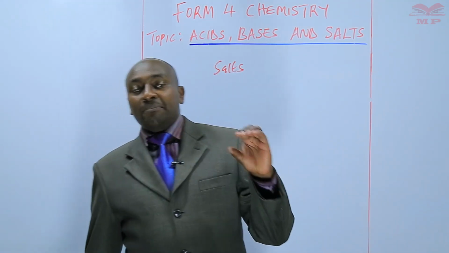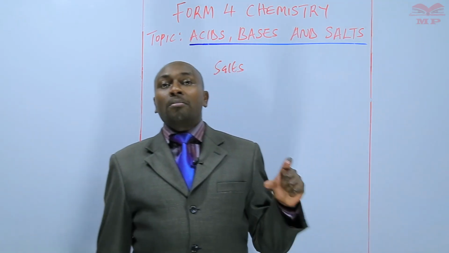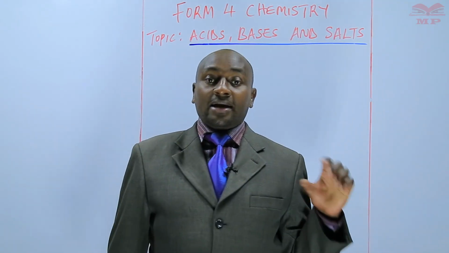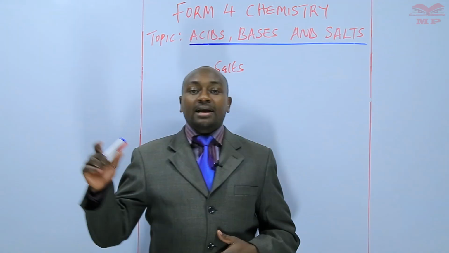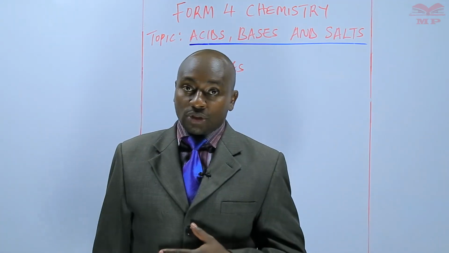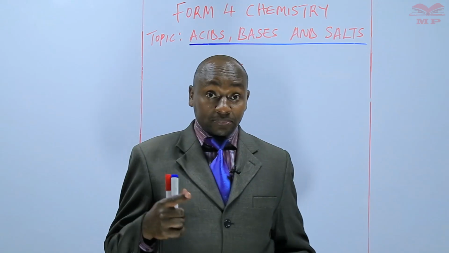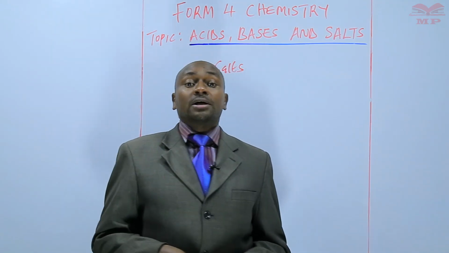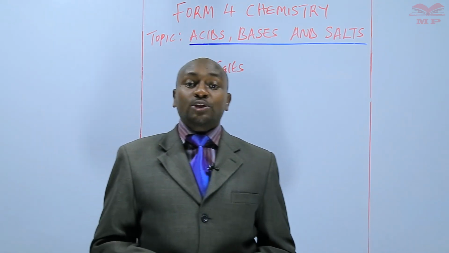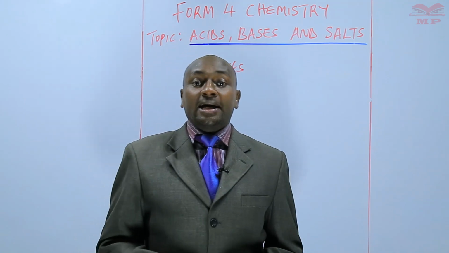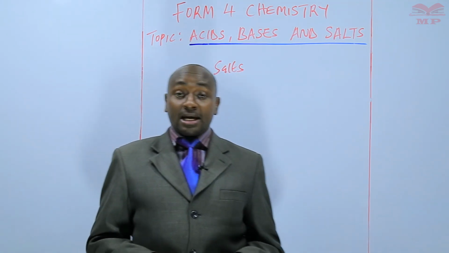That when the metallic ions from the base react with the non-metallic ions from the acid, we get a salt. Or we said it is the compound formed when the hydrogen atoms in an acid are replaced with a metallic ion